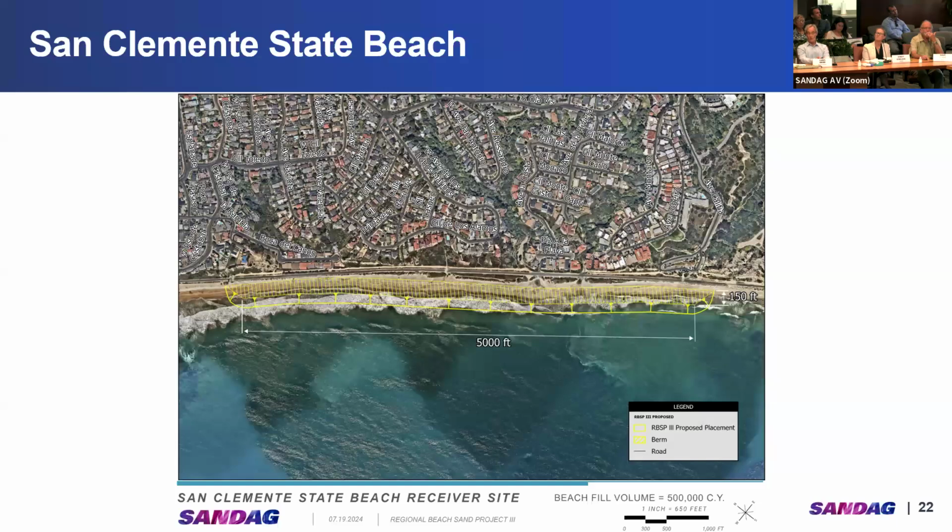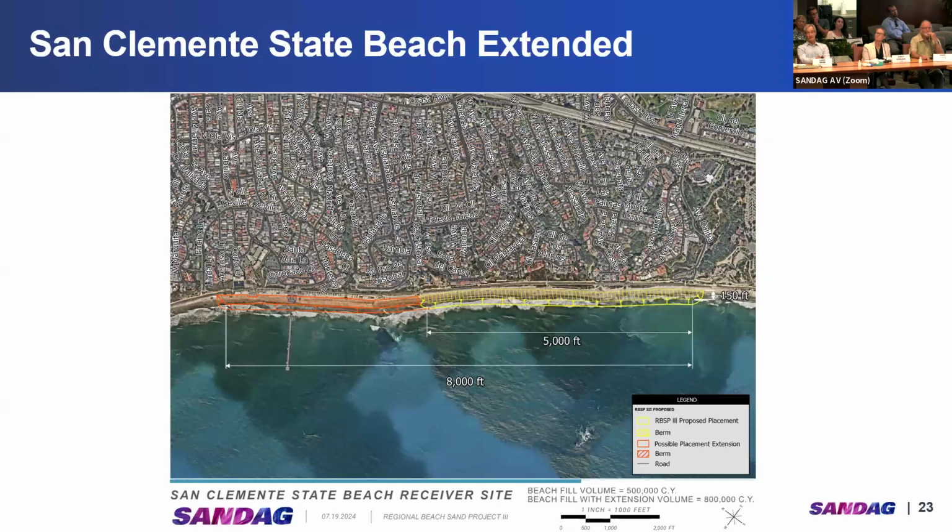It would work well with the Corps of Engineers project, but if the Corps of Engineers doesn't come back anytime soon and stick with their nourishment frequency, the city might pick up, so we've added in red a footprint that assumes or takes over the Army Corps of Engineers footprint with another 300,000 cubic yard quantity, which would make this fill 8,000 feet long and 800,000 cubic yards. So it would be the longest one in this set, but it wouldn't be the largest quantity. Pretty significant stuff.